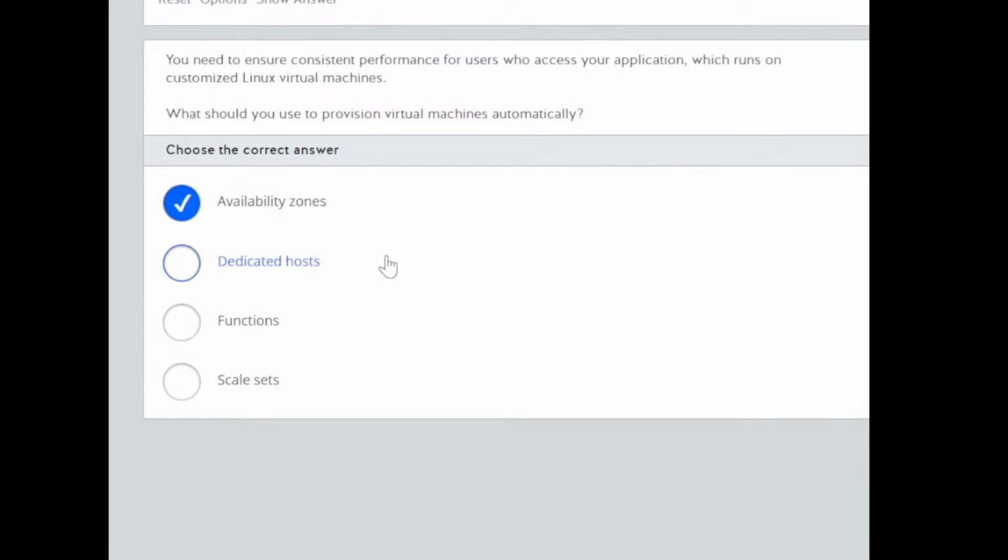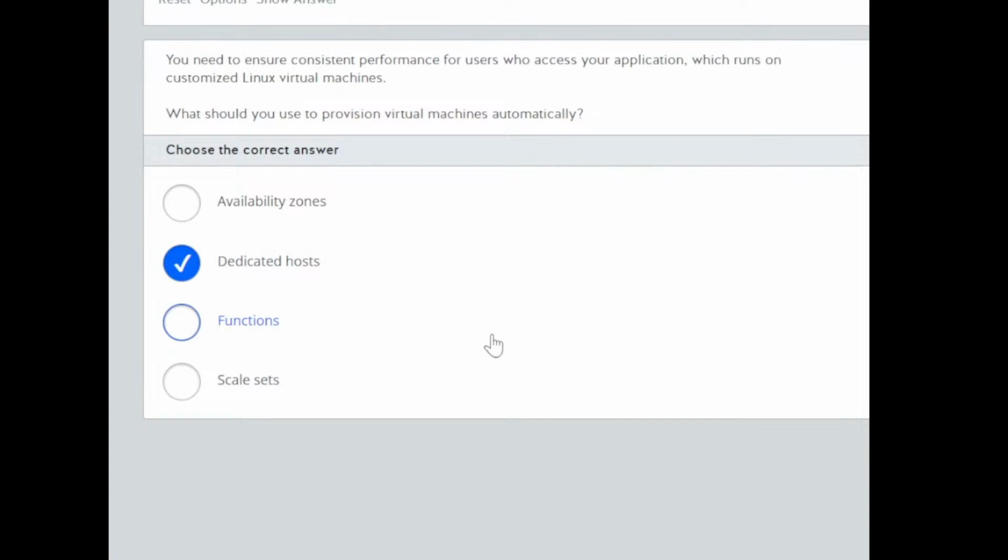Eh dapat ang sinasabi is consistent performance. Okay? What is dedicated hosts in Azure? Workloads. Pwede si dedicated hosts.